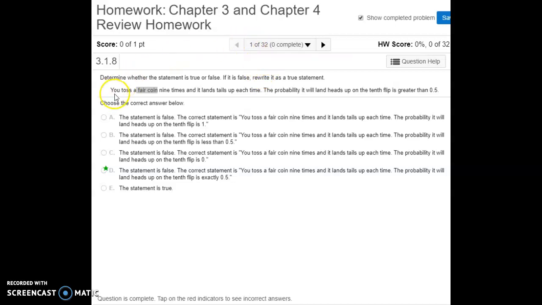Number 1 says you toss a fair coin 9 times and it lands tails up each time. The probability it will land heads up on the 10th flip is greater than 0.5 or 50%. So basically, are you due for a heads because you've got 9 tails in a row? And the answer is no. If it's a fair coin, the probability is always going to be 50% on each flip, no matter what has